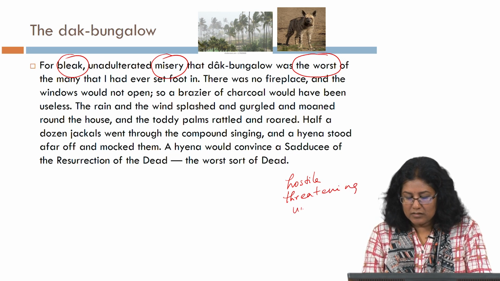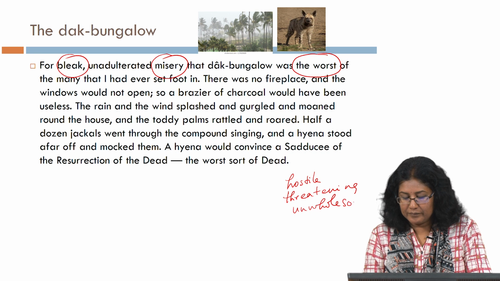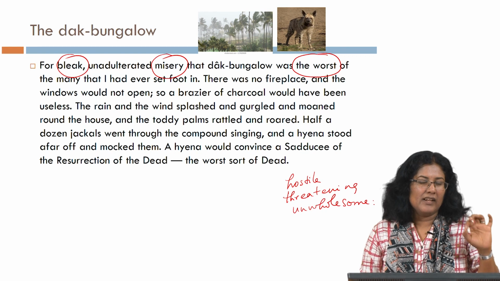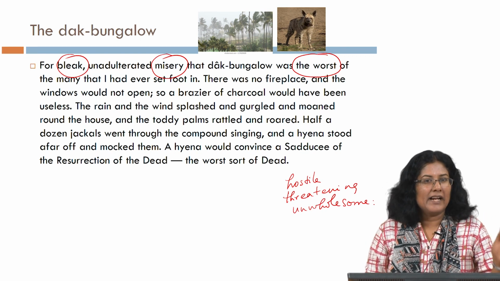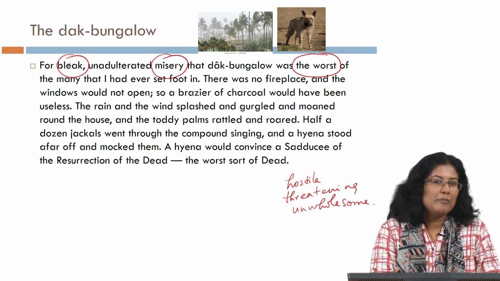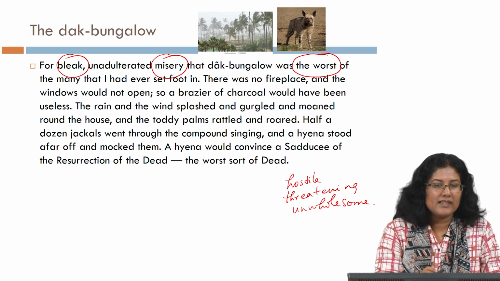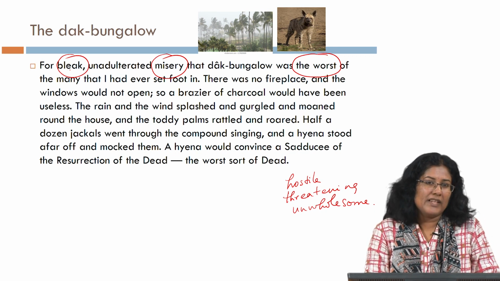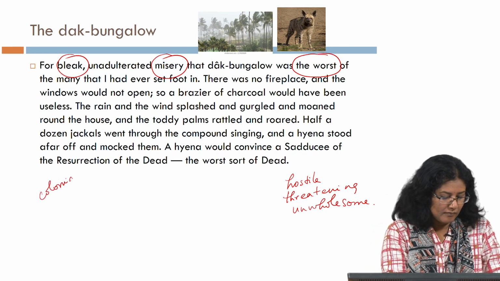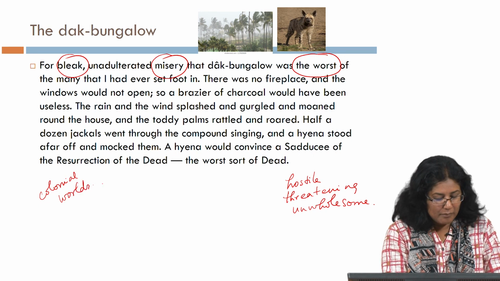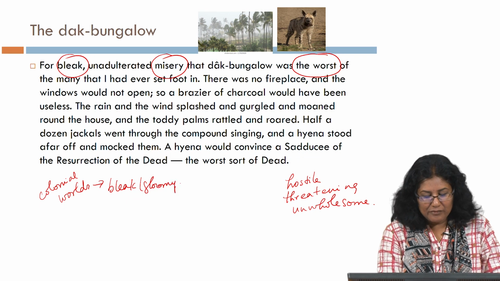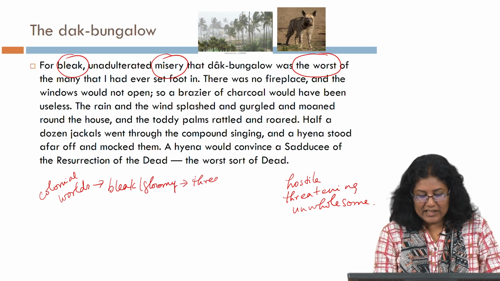It's almost unwholesome as well. So let us pick on those words which connect this particular passage with other narratives of the Imperial Gothic. Bleak. If you remember the lecture on Imperial Gothic, you would understand that bleakness of setting is associated with such narratives. The colonial worlds are bleak, gloomy, and therefore they are threatening and dangerous